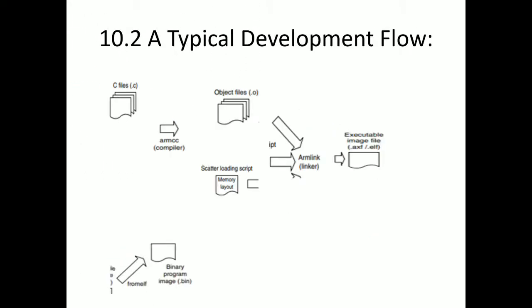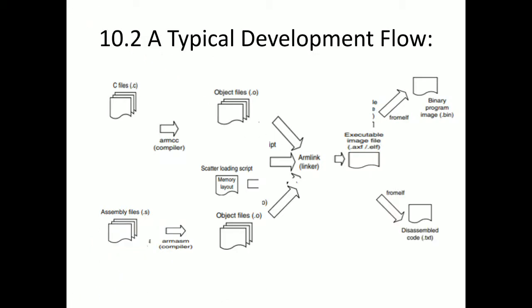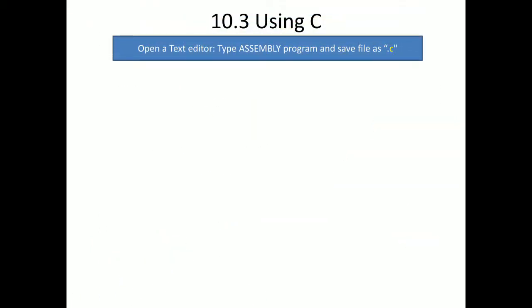Okay, next we'll see how to construct. We saw the typical development flow. We will see how to write a C program and an assembly language program, and whether we are going to follow the same steps or different steps. We will take a few examples. We'll take an example of blinking an LED, and see how to go with the execution.